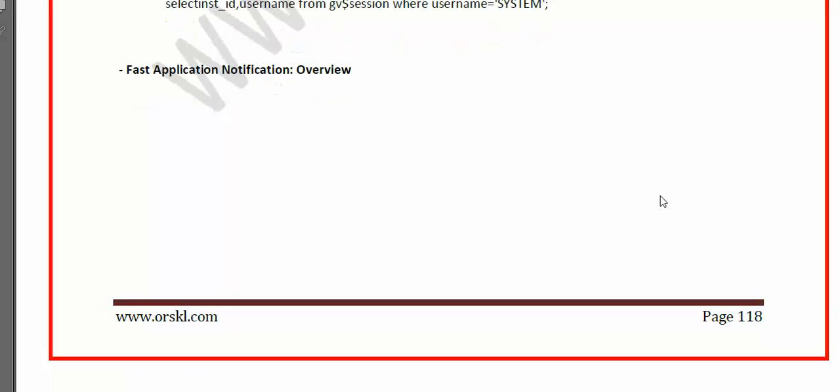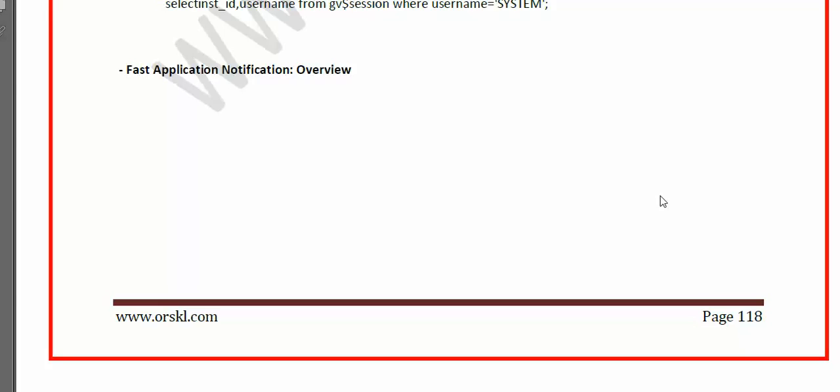And now fast application notification, which I was just telling you about, because failover on the client side is always not accurate, and it always has the drawback of waiting for 10 minutes. That was the drawback in VIP, isn't it? So that's the reason we have SCAN in place, and for failover activities we have